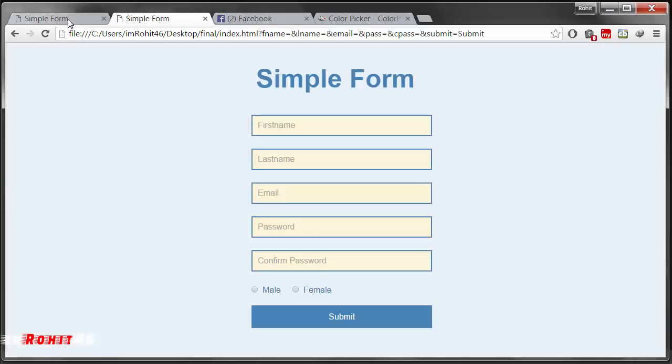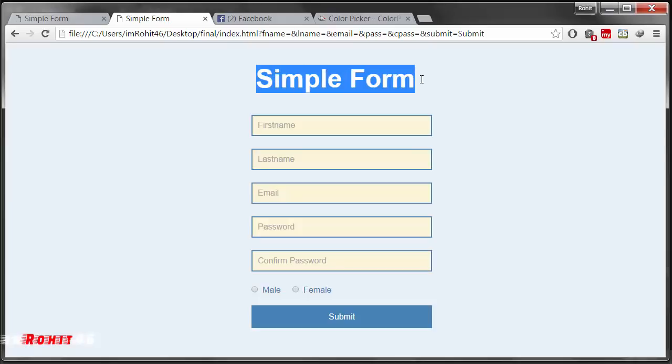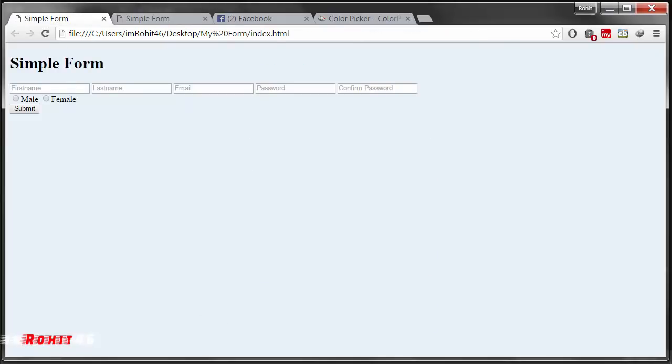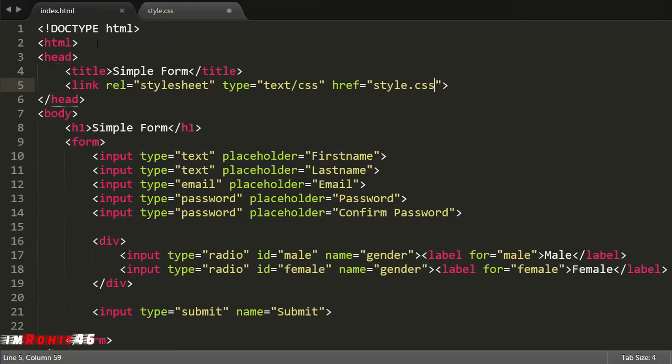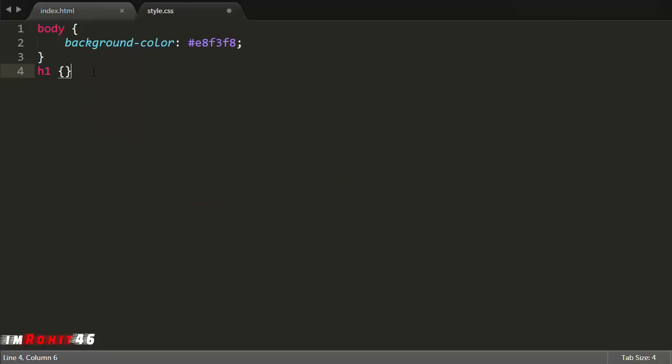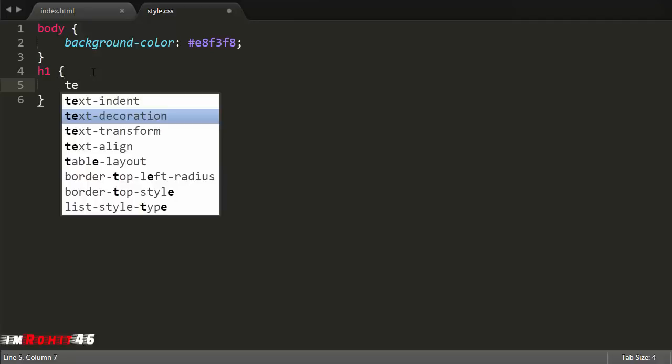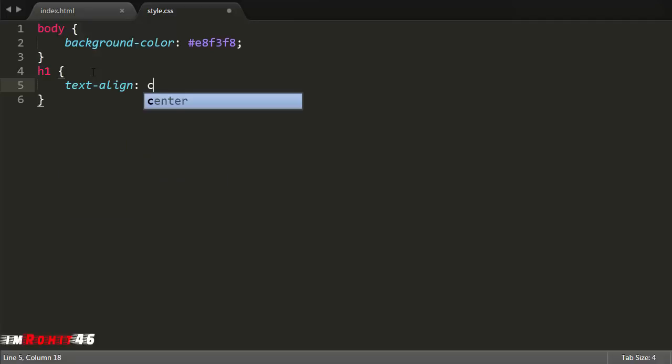So now I have my form head, form title is blue color, and it is centered. Now I have to do that. My form heading element is h1. Here I have written this form name in the h1 tag, so that is why I'm going h1. In the h1 I'm going text align. I have to align it center, so I'm giving the value center,